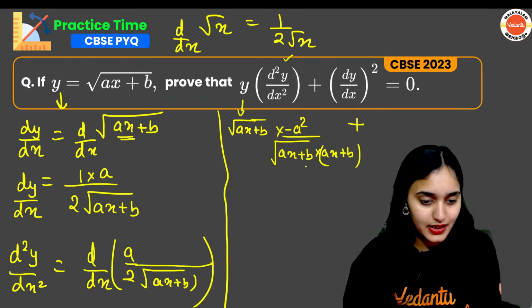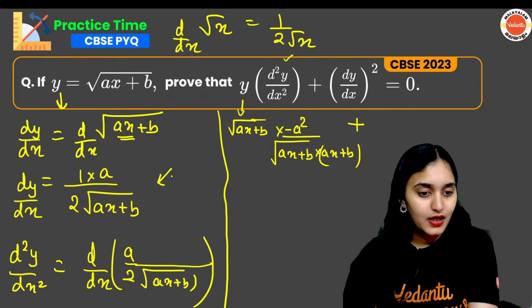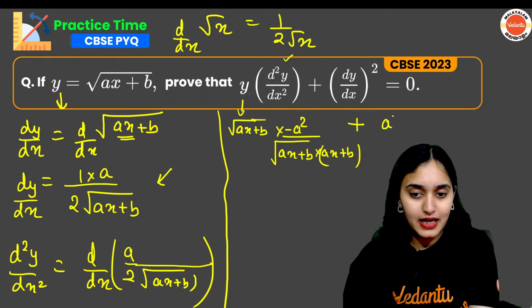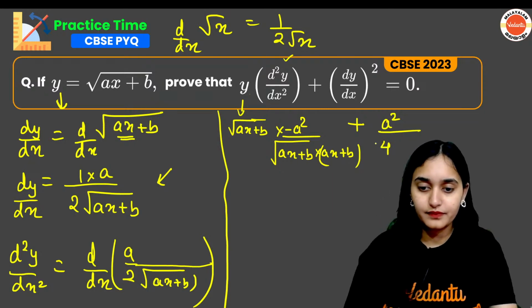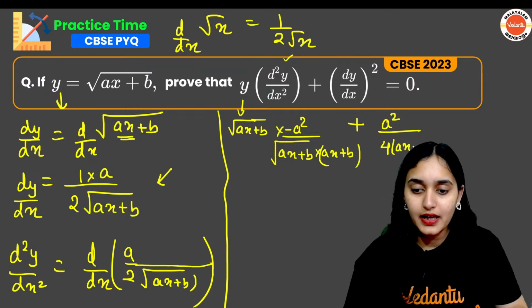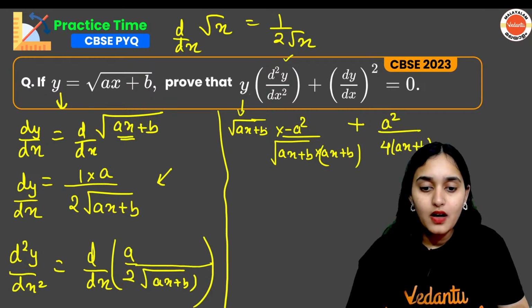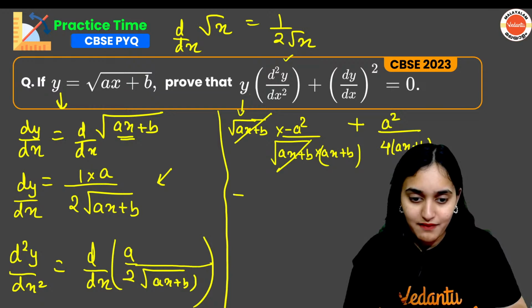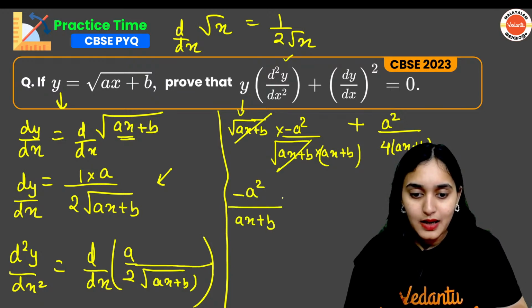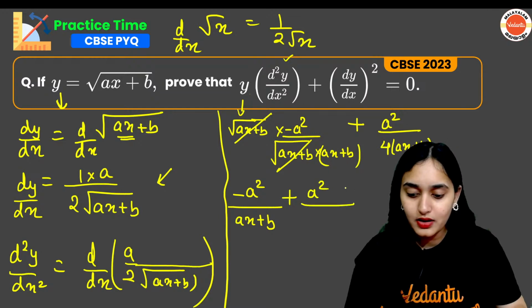So dy by dx is this. We do whole square, we get a square by 4 times of ax plus b. Alright, so this cancels. We have minus a square upon ax plus b plus a square upon, oh, we have